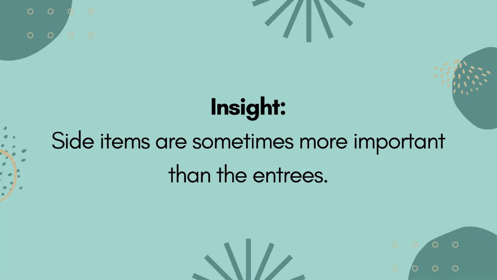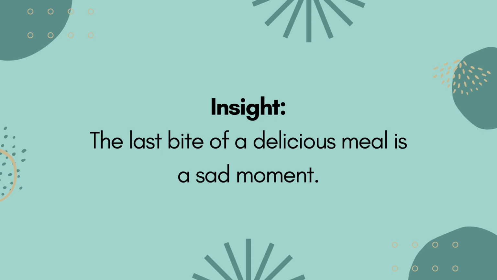Now let's turn these two notes into insights. How could we write these to feel like more cultural or human truths that could spark a creative idea? For the onion ring part, I'd write something like, side items are sometimes more important than the entrees. And for the food being quick, I'd write something like, the last bite of a delicious meal is a sad